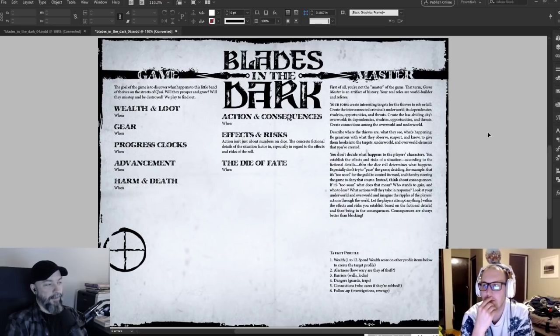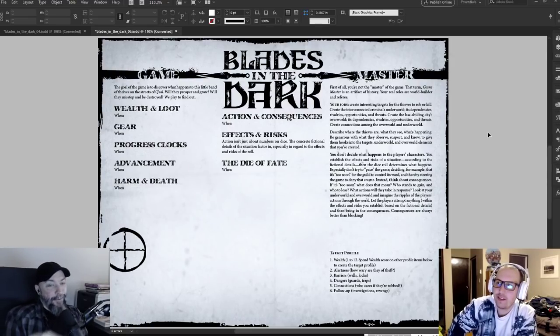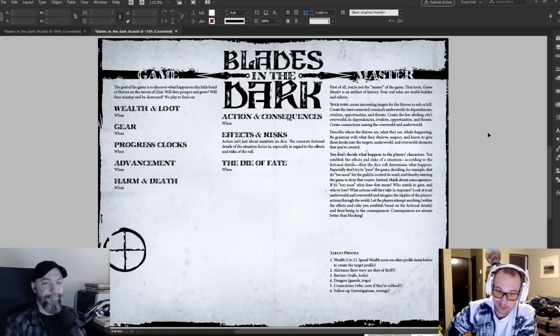You put out the doom and you roll a die, and then you write down the number that you rolled on the card. Then whenever the GM feels it's appropriate for the doom to get closer, you roll the die, and if you roll a different number, you write it on the card. And if you roll a number that's already on the card, if you ever get a match, then the doom manifests. So it has this nice little thing where I don't know how many segments the clock is. It's very elastic.